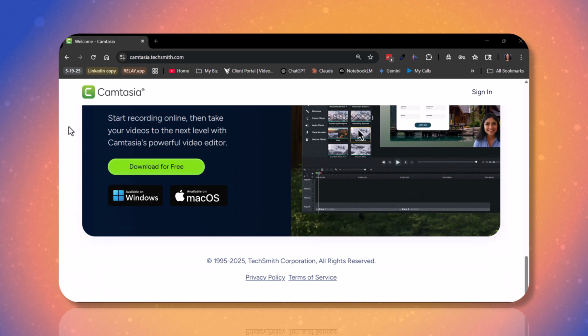Camtasia Online is the answer to, competitive with Loom and Tella and Dub. So basically, it's an asynchronous platform. And after years and years of really dominating the desktop screen recording platform industry, if you will, they've now released